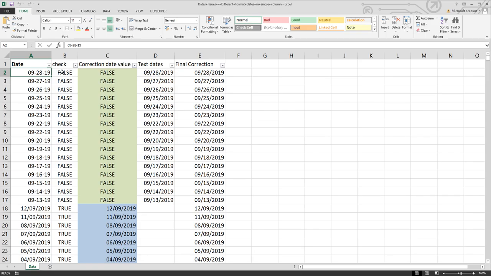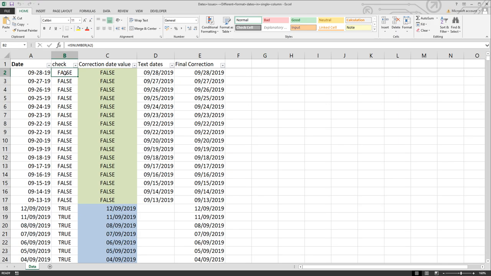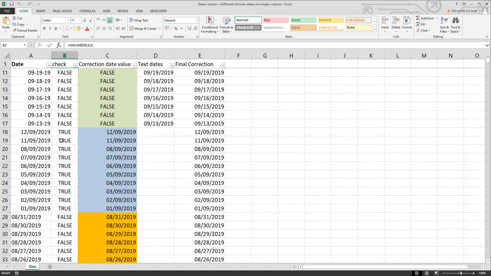And how I got to know is I just applied a function called ISNUMBER. Basically, ISNUMBER is a function which checks whether a cell contains a number or not, and it returns a Boolean value, either true or false. So if a date is in a cell with the correct format, ISNUMBER should return true. Now, in this scenario, it is returning false. So this means we need to correct the format of this particular date set in order to make it a date in Excel. And as we go downwards, we again see a different kind of format,